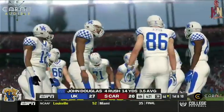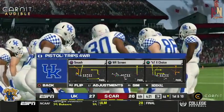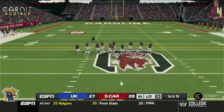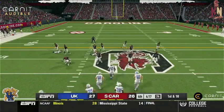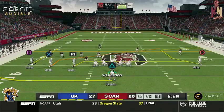First down. I don't even know who my third string running back is. I don't even know who. From their own 46-yard line. Yeah. It's first down. I mean, I know he's third string. I don't know who